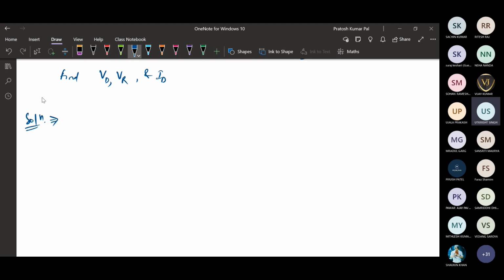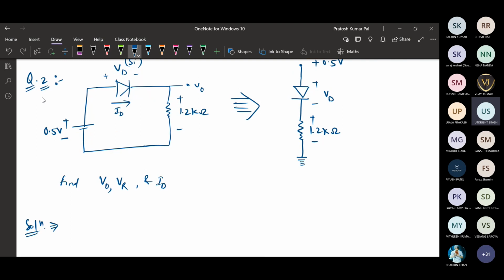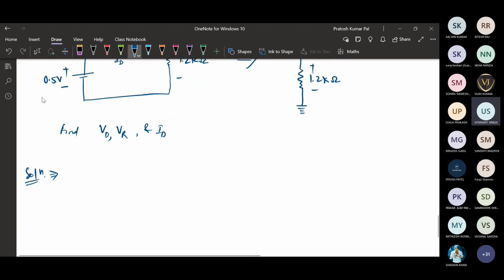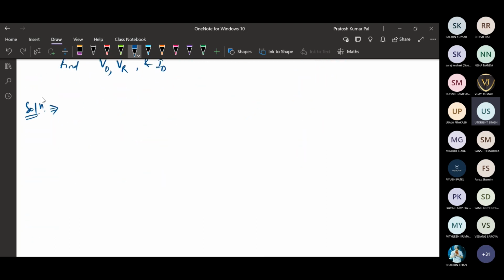Here the diode is applied with a source of 0.5 volt. The positive terminal is applied here, and the negative terminal is applied to the N type of the diode. So it is coming out to be forward bias. But there is a catch. When the forward bias is there, whatever positive voltage we are applying is greater than 0, so the diode characteristic will be plotted in the forward bias region.